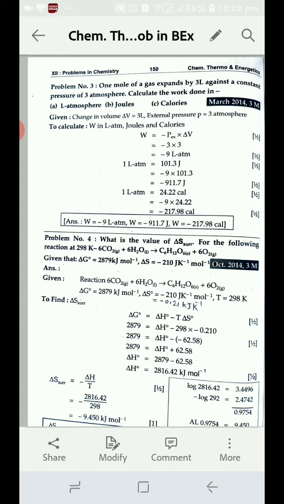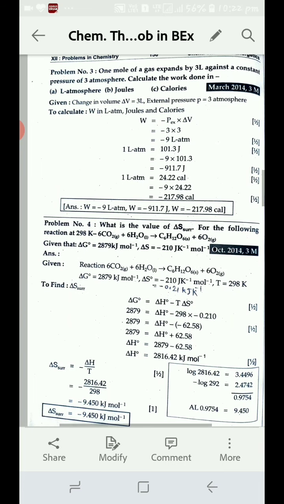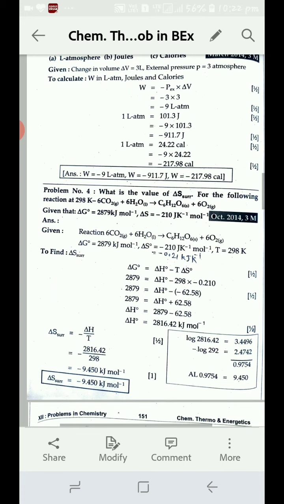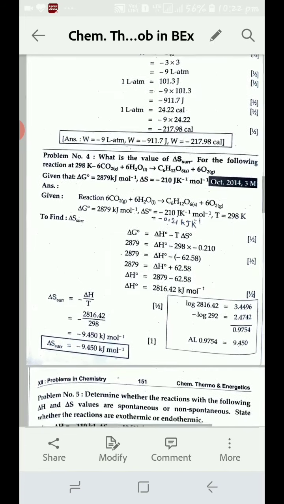So in this way you have to solve the numerical. If there is a calculation with the help of logarithm, write it down in brackets. Okay, don't do the calculation on a separate page, try to write that calculation on the same page. So this is about the third numerical. Next numerical is